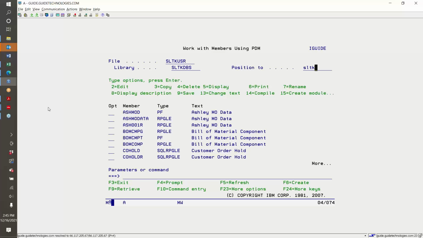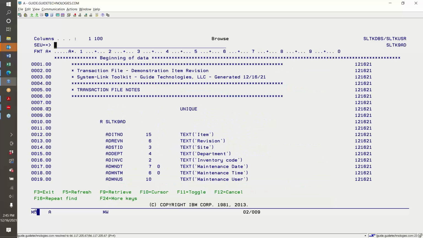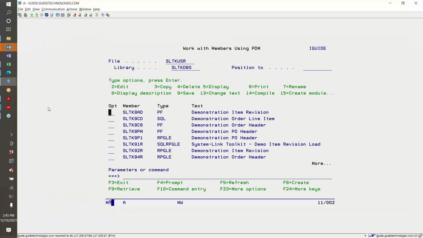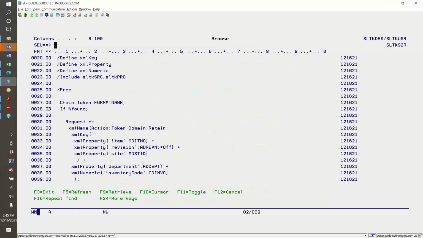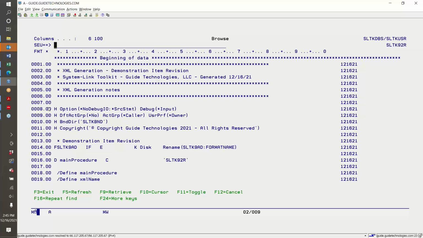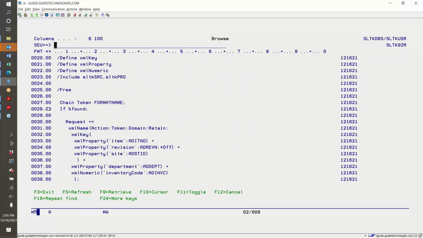And let's see, SLTK 929AD. We just generated this DDS for this file, and we generated the XML generation program automatically. And you may look at this and say, that doesn't look like RPG. Well, in the toolkit, we provide a service program that gives us procedures that make it easy